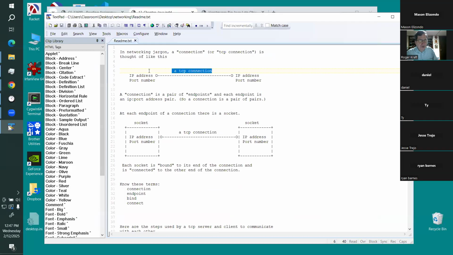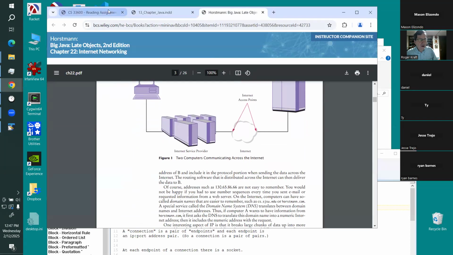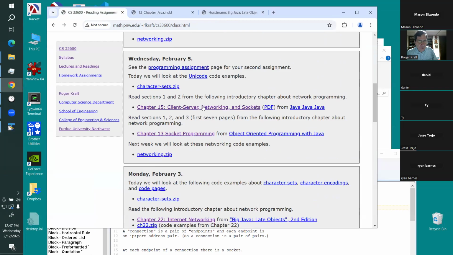This is a very abstract way to talk about two computers connecting over the internet. So this is our very abstract picture of two computers talking over the network. This is another picture of it. And probably each one of them has the same idea. They want you to think in terms of